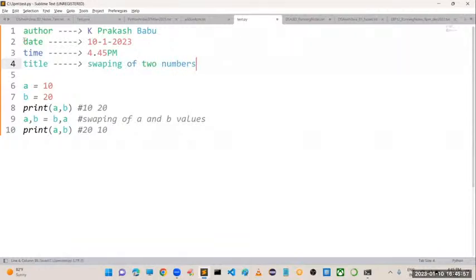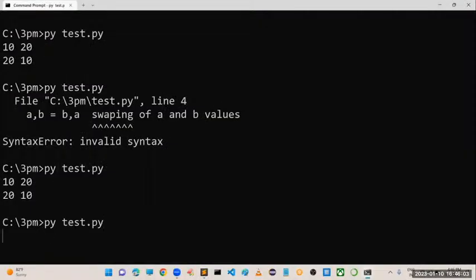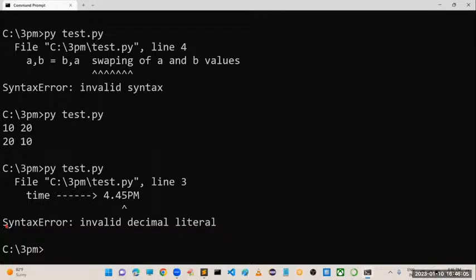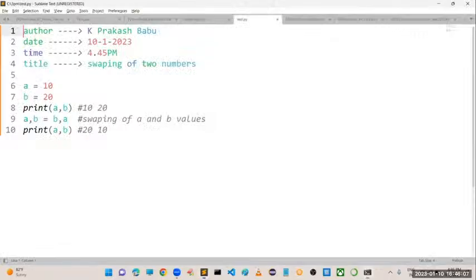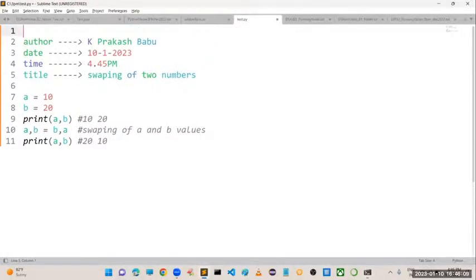Like this I have given it in front of every line. Taking the hash is never recommended, because we need to consider a group of lines. That's why it is going to raise a syntax error. So immediately what we have to do is put these things within triple quotations. So these are considered as multi-line comments.